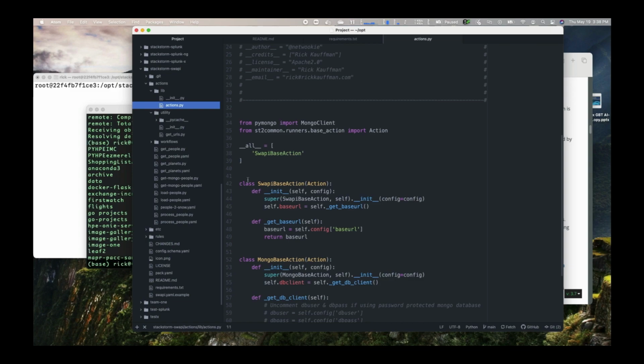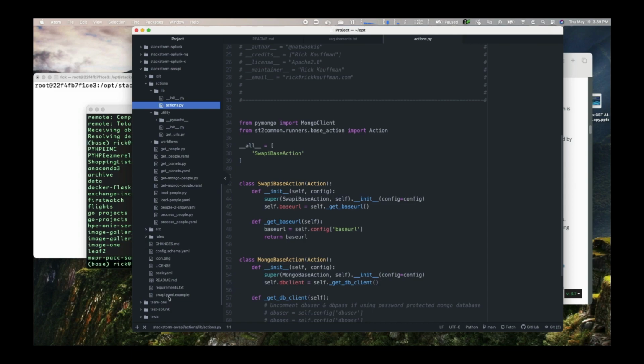And in here is a class called swappy base action that's also built on action that we're importing from st2 common. So we're going to st2 common, getting action, and starting this up, and we're calling it swappy base action, and we're just saying that we have a couple of things here, self and config, and we're initializing this config equals config. So what that's doing is going out to that file down here that we had, the